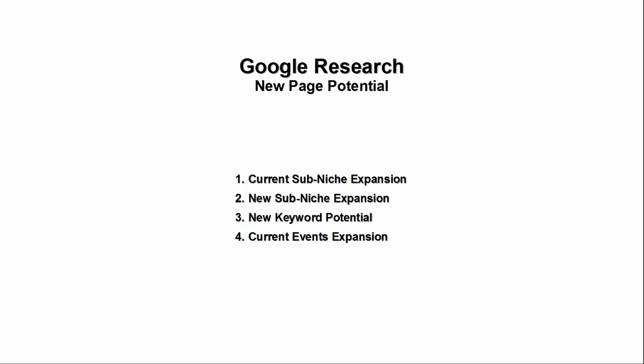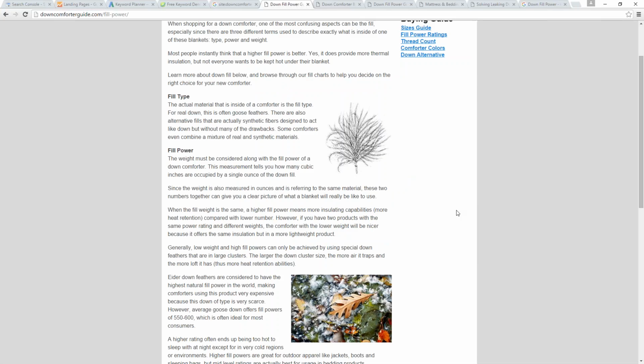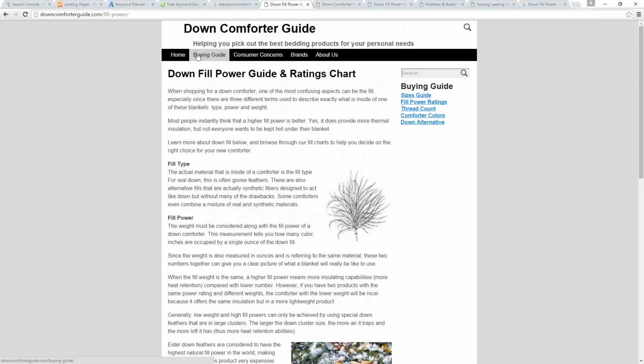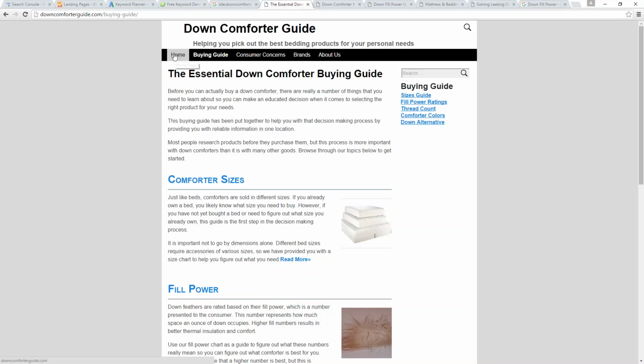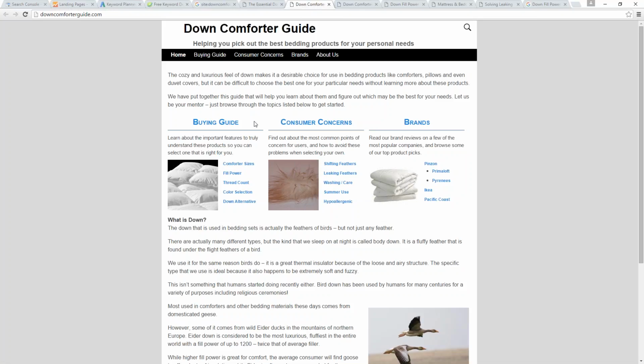So to start with, I want to discuss current sub-niche expansion. What I'm referring to here is looking at one of your existing main categories on your site, one of these big sections here. Are there any new pages that you could add to one of these sections? On top of that, though, you need to make sure that new content that you're adding directly relates to that